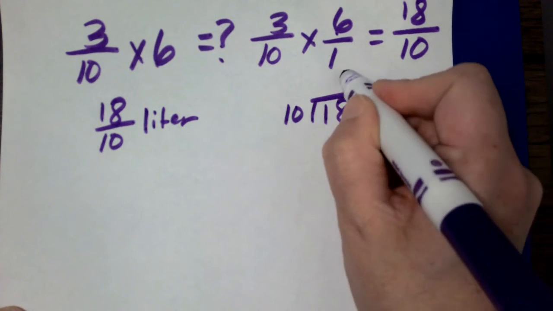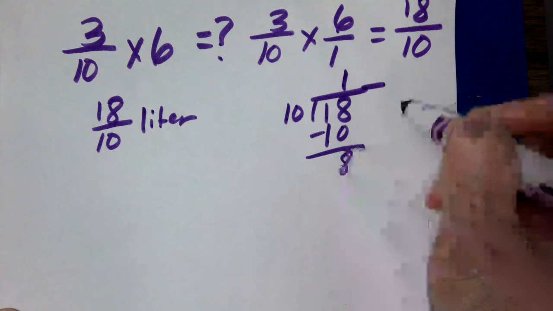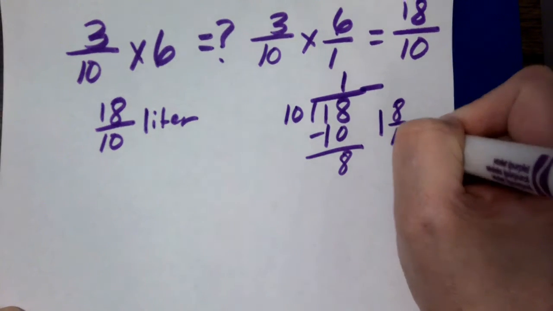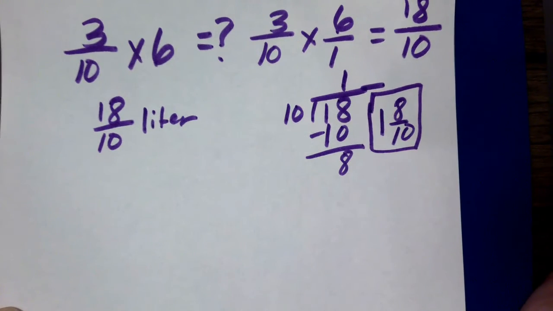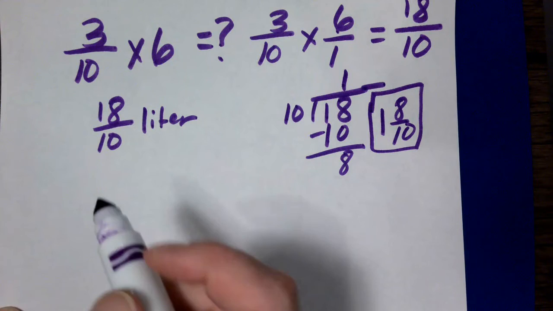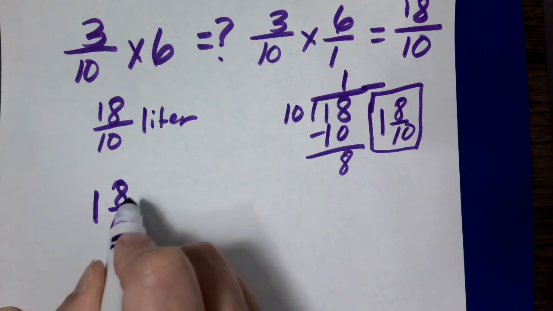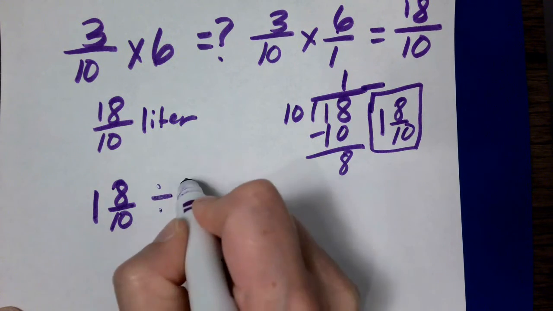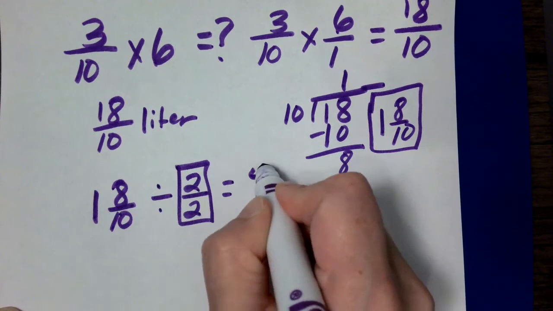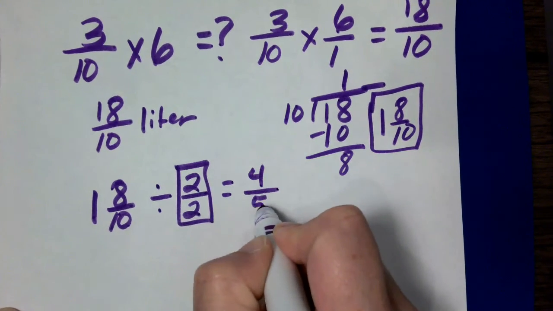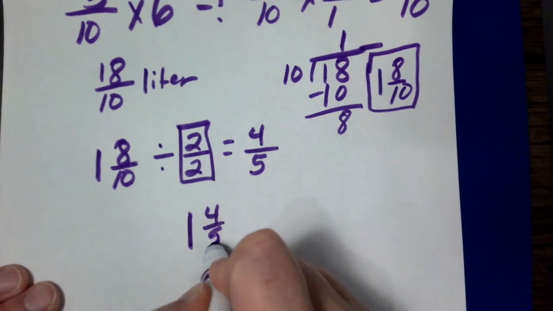So 10 goes into 18 once. 10 times 1 is 10. I'm going to subtract. 18 take away 10 is 8. So I'm going to have 1 and 8/10. But if you're looking closely, you'll know that 1 and 8/10 can be simplified even further. The 1, of course, is going to stay the same, but the 8/10 can be divided out to make an equivalent fraction by 2. So 8 divided by 2 is 4. 10 divided by 2 is 5. So I'm going to bring down this 1, and 4/5 of a liter